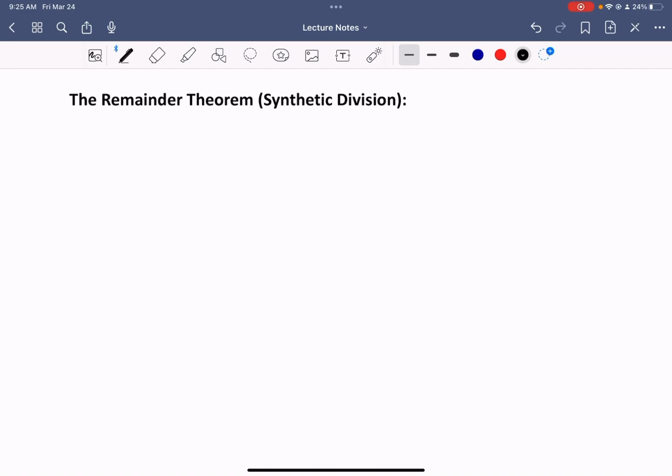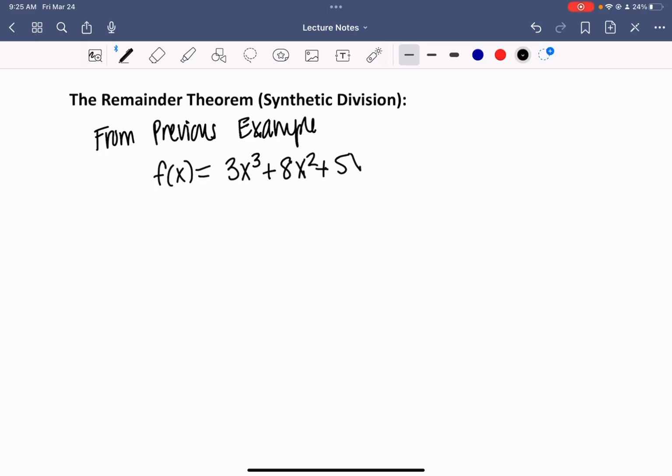The remainder theorem says that, let's look at this. From our previous example, that problem that we last did, we had 3x cubed plus 8x squared plus 5x minus 7. The remainder theorem says this, that whatever you divide by, the remainder is what you would get if you would evaluate. Let me write that out. If you have f of x equal to 3x cubed plus 8x squared plus 5x minus 7, and you want it to evaluate at f of negative 2, that was from our previous example,